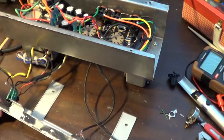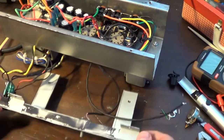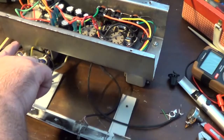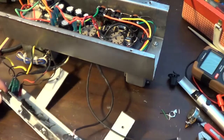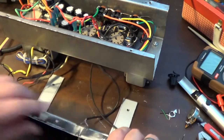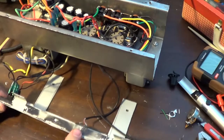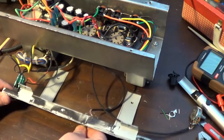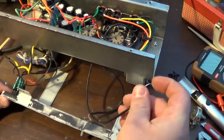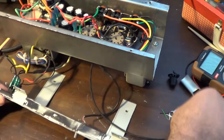I've also noticed that this has to do with magnetic fields, but depending on where the pot is in relation to the two transformers will dictate if I have any kind of interference, like buzzing and humming. Right now I have the volume all the way down, so I can touch this and I have nothing, which is good. So if I turn it up a little bit,